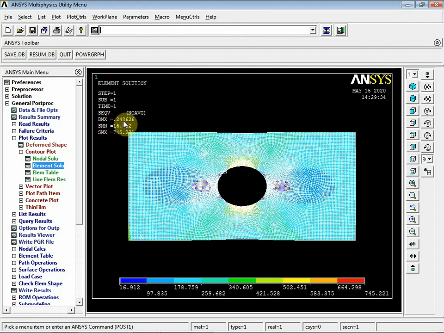These are the results which are required as far as this experiment is concerned. If you want the results even closer, you need to go for refinement of the mesh to 3. So this completes this experiment. Thank you very much.